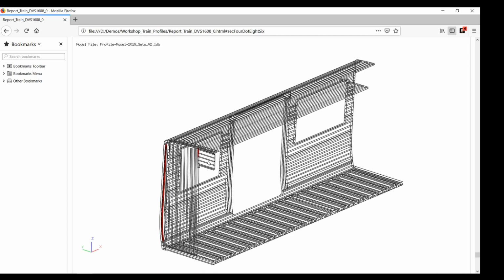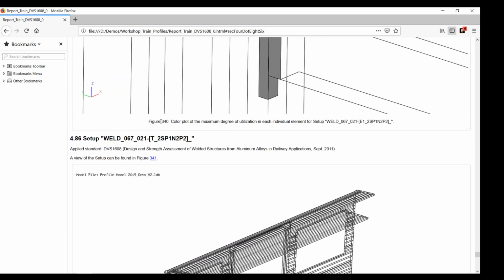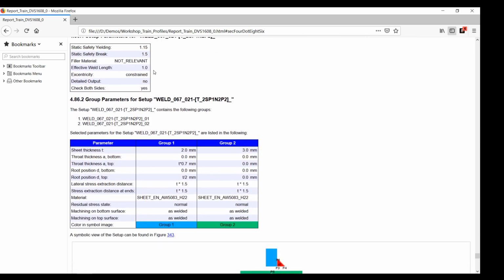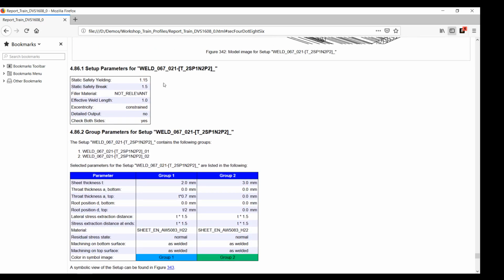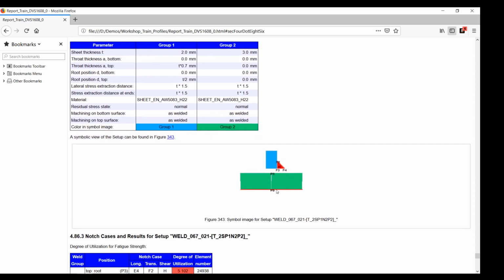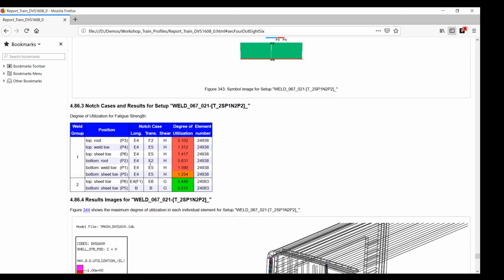So as pointed out earlier, this is really a nice view where you can see where the weld is located, and then you can see here the parameters for the welds, for example the geometry and the material settings, the cross section, it's a one-sided fillet weld, and here the notch cases for the weld F2 for the root position,